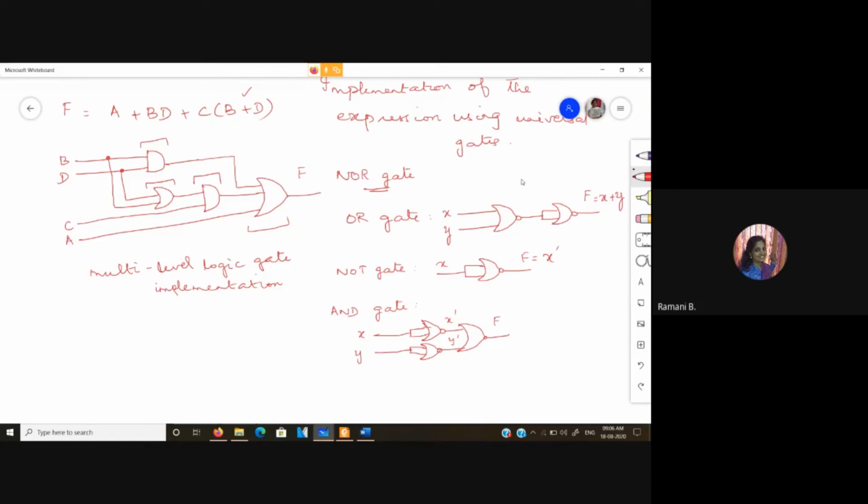Here I am going to get X bar dot Y bar the whole bar. I made a mistake somewhere. Oh, sorry, X bar plus Y bar the whole bar. So this is going to be X dot Y. Okay. So these are the implementations we saw.